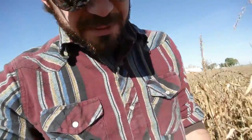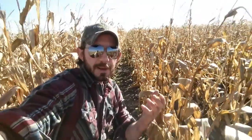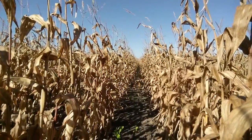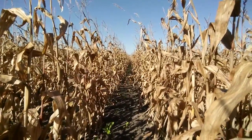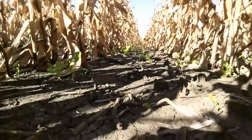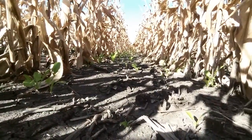But once this corn comes off and we get another rain, we accomplished what we wanted to accomplish, and we've gotten these cover crops up and going with using our interseeder, and it's done a nice job. When you look through, you just look down that row. You give those radishes that are 3 inches tall now another 2 or 3 weeks, they'll double in size or more,